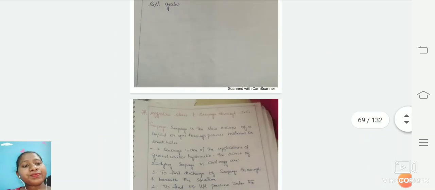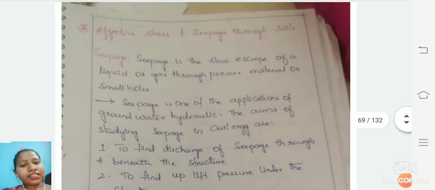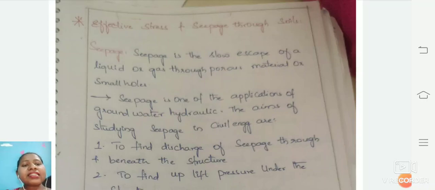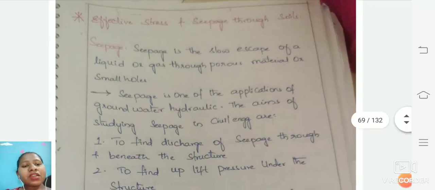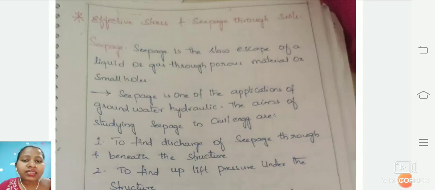And now we'll be seeing the effective stress, how this effective stress and seepage of soil is taken into consideration. As we studied, the effective stress has two things. It is a multiple phase system, and the second one is that it will have a result of more grain strength. What is seepage? Seepage is nothing but the escaping of water, whatever water which is escaping from the liquid through gaps, pores or materials, small holes which are present inside the soil particle, where the leakage will be there. So that is nothing but your seepage, which is the escaping of water from the soil molecules, that means the soil sample.